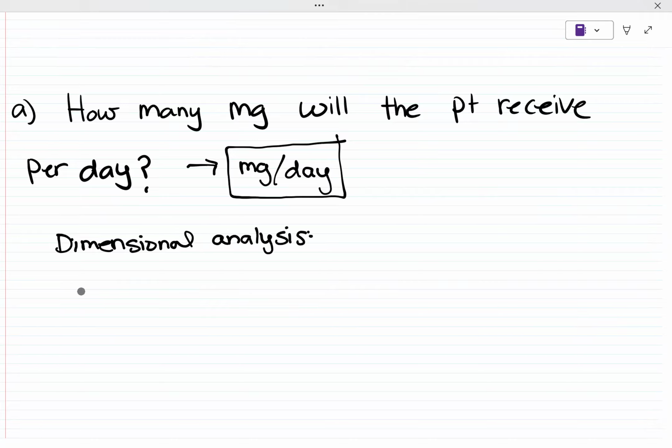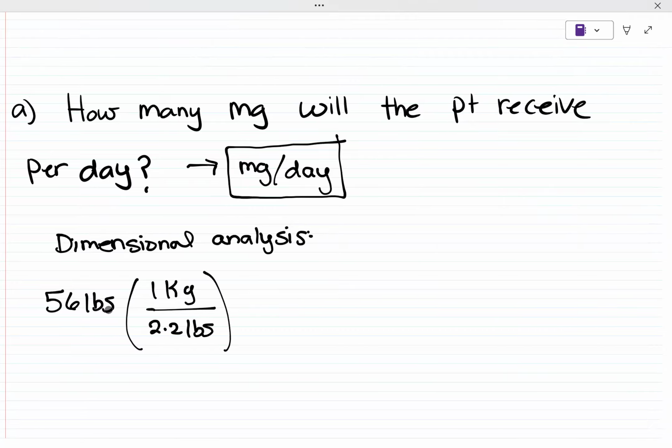Okay, so we start with the patient weighs 56 pounds, right? We have to get from pounds to mg per day. So 56 lbs. And then we know that 1 kilogram is 2.2 pounds, that's something you should know. So that gets rid of the pounds, but I want mg, so we're going to multiply by that